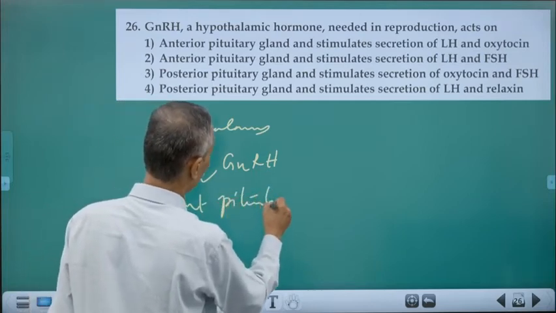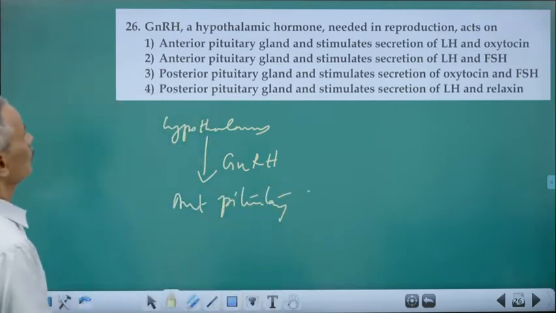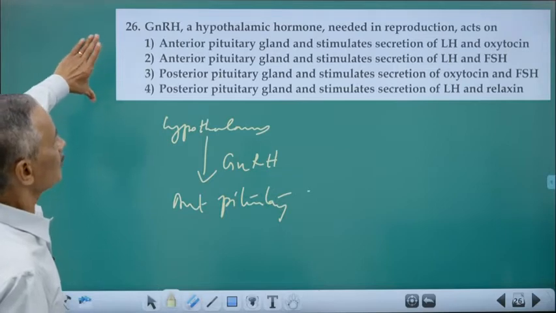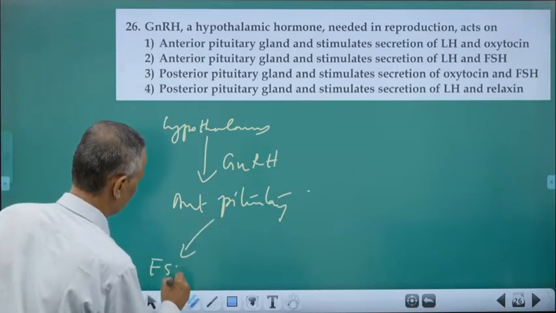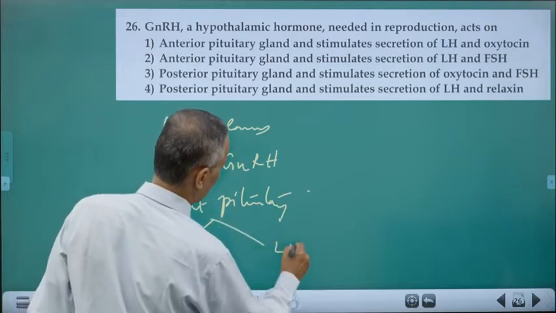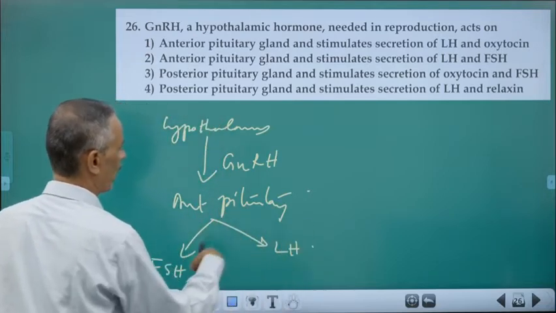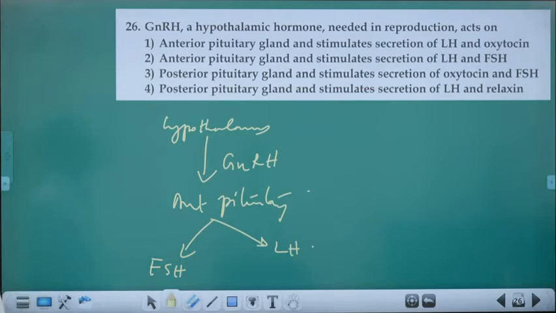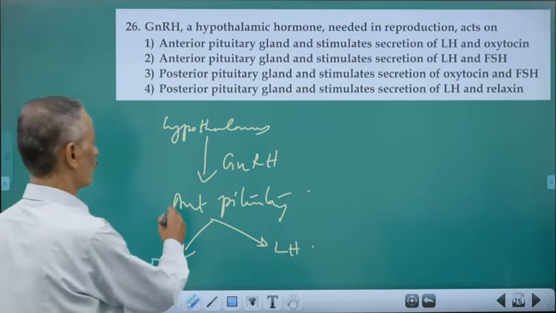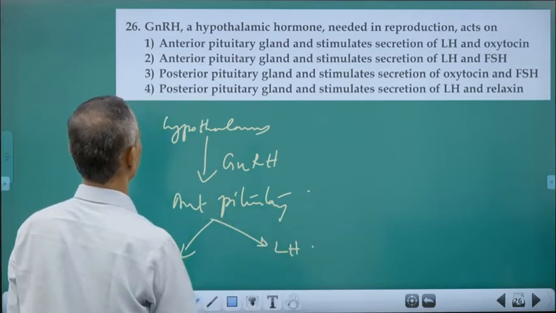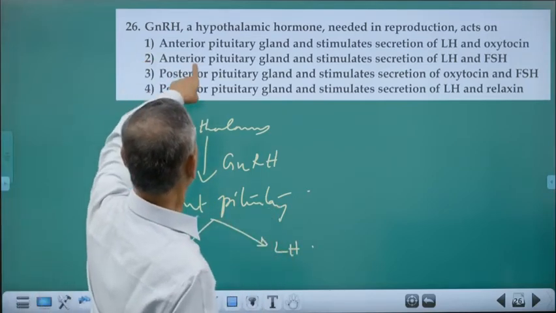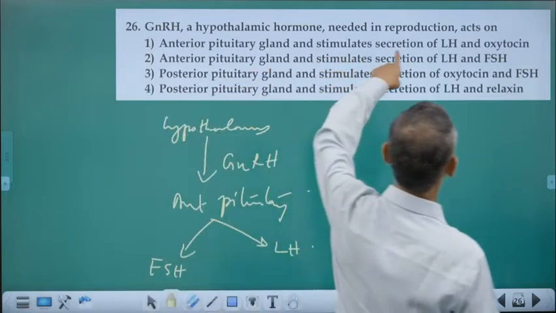So it acts on the anterior pituitary gland and stimulates FSH and then LH. So the anterior pituitary is producing these two gonadotrophic hormones. These gonadotrophic hormones are FSH and LH, produced by the anterior pituitary. So it acts on the anterior pituitary and stimulates